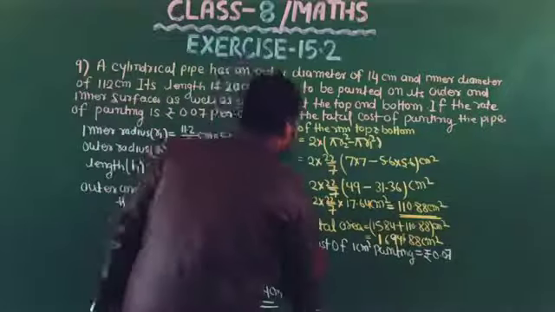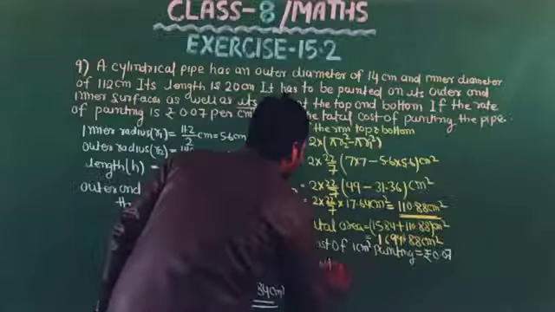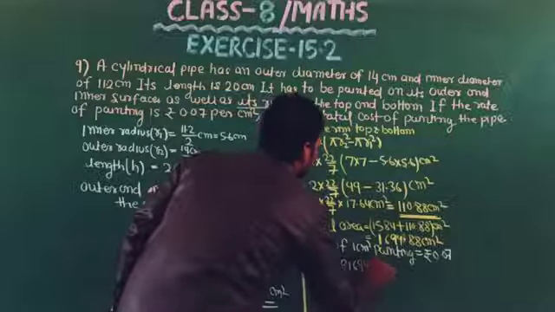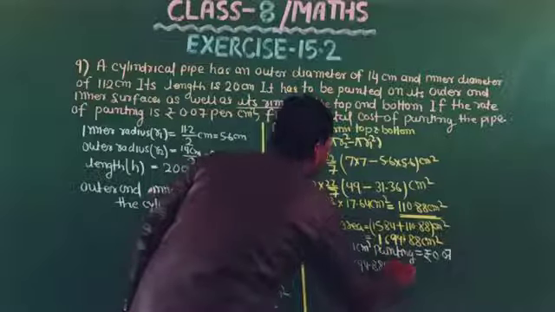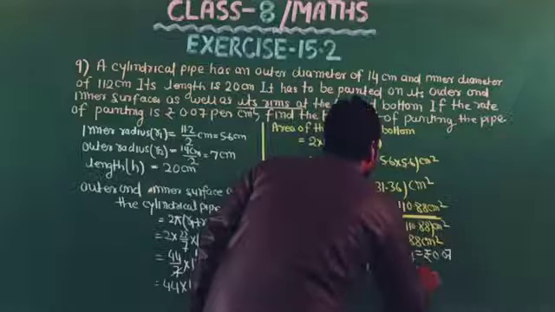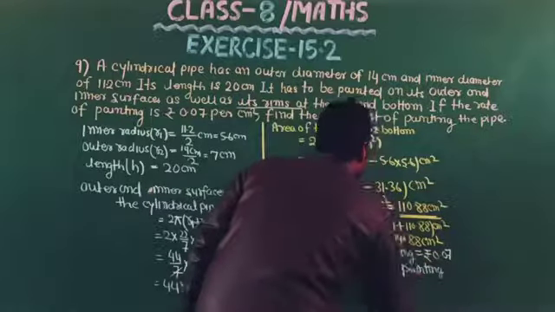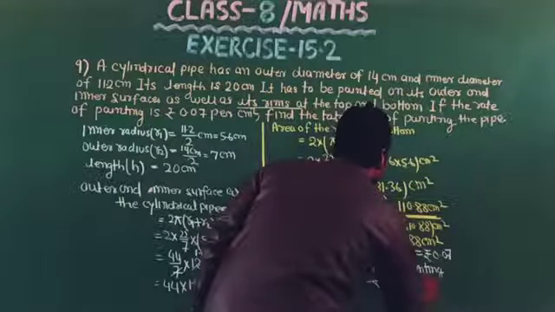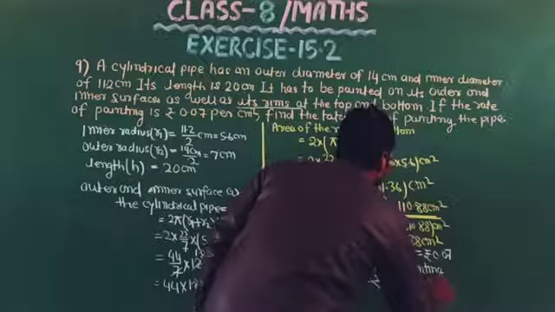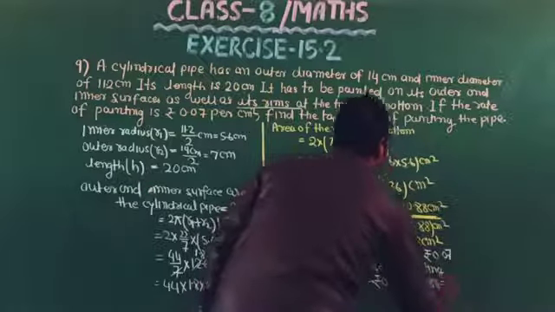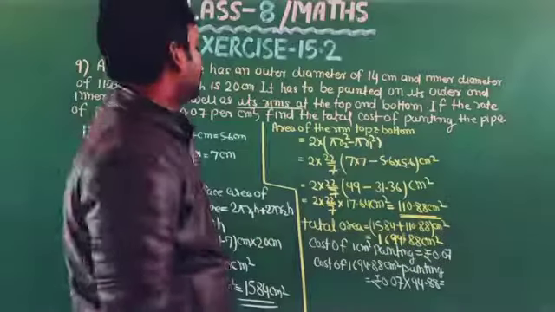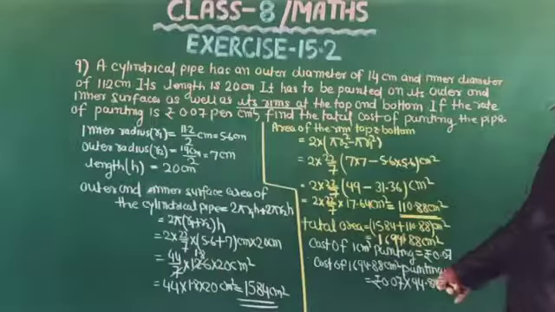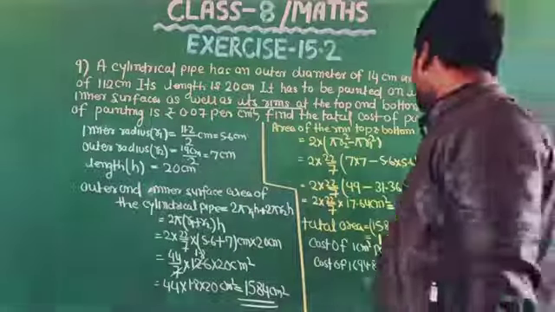So therefore the cost of painting 1694.88 centimeter square is equal to rupees 0.07 into 1694.88, which is the product of 0.07 into 1694.88,